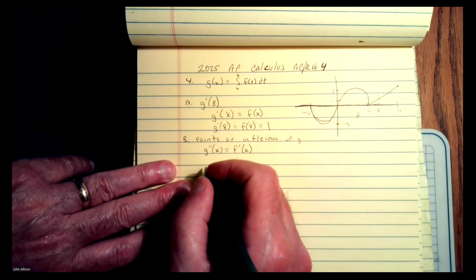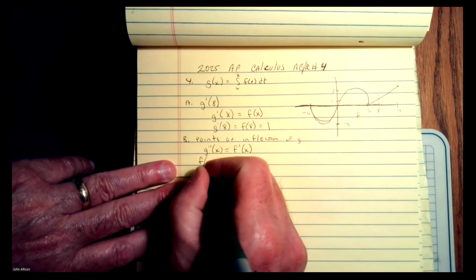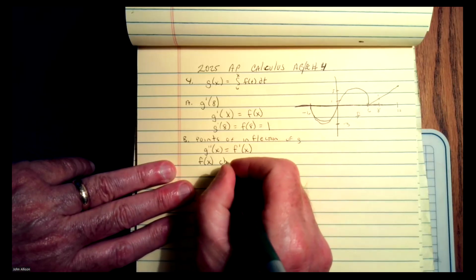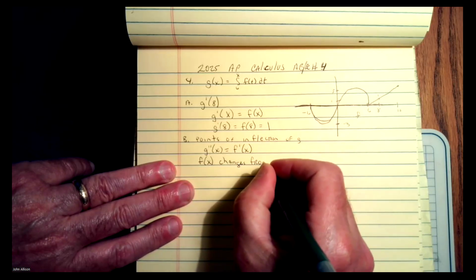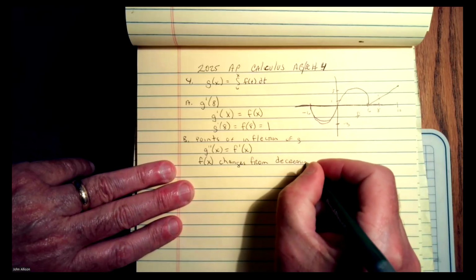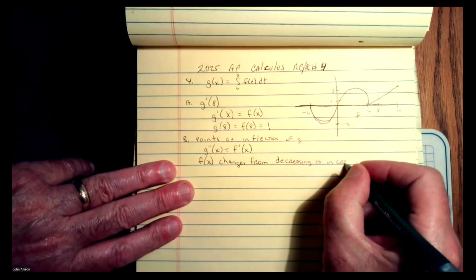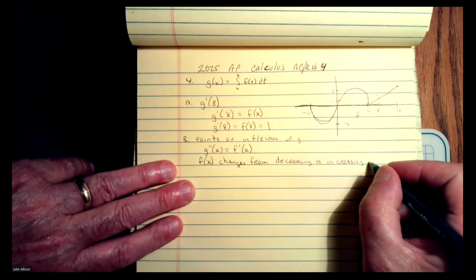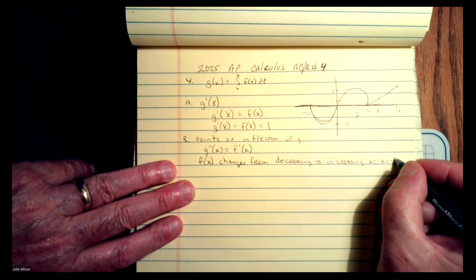And so that means that f of x changes from decreasing to increasing at x equals -3 by the graph,